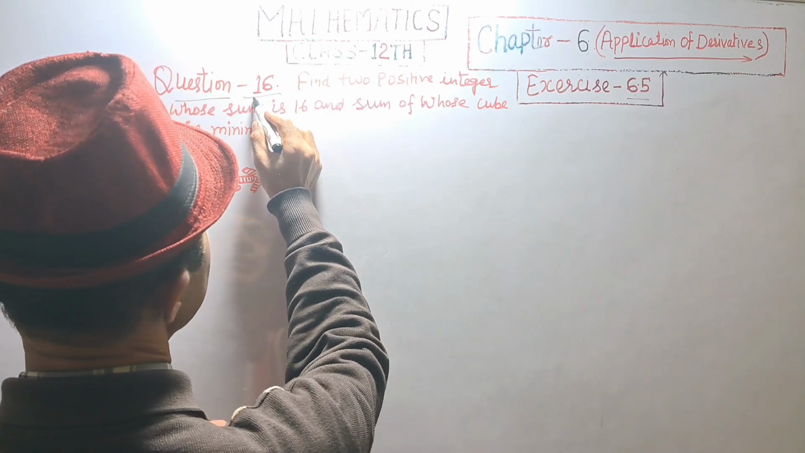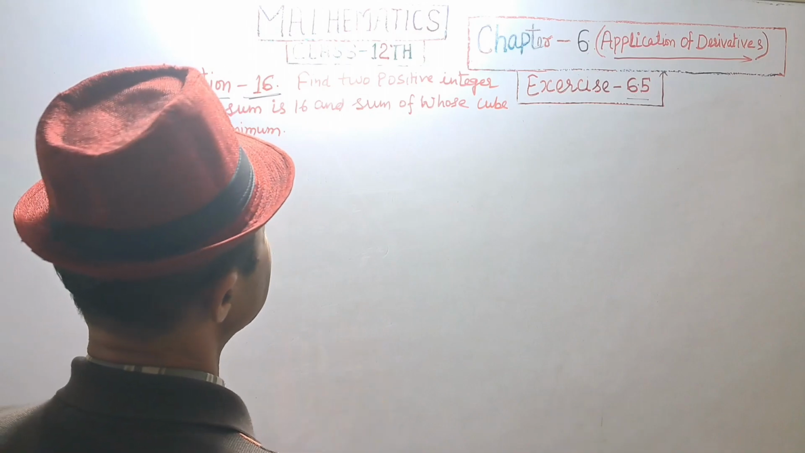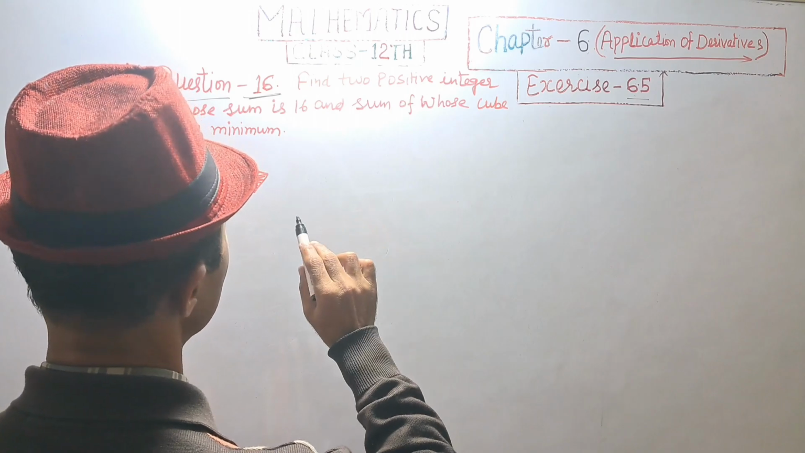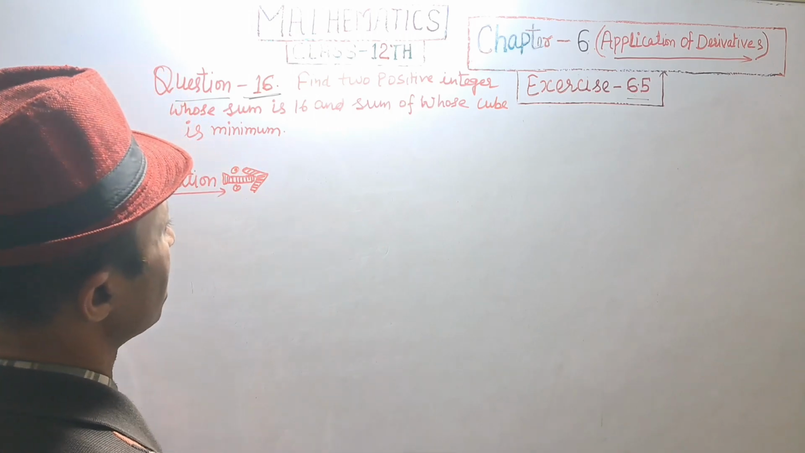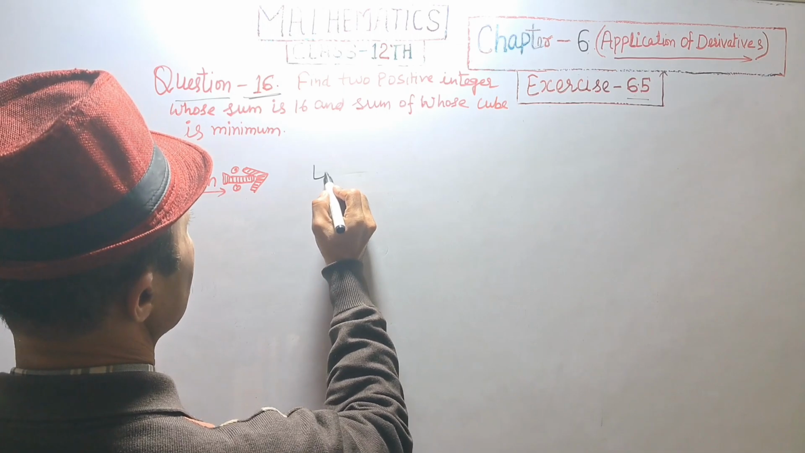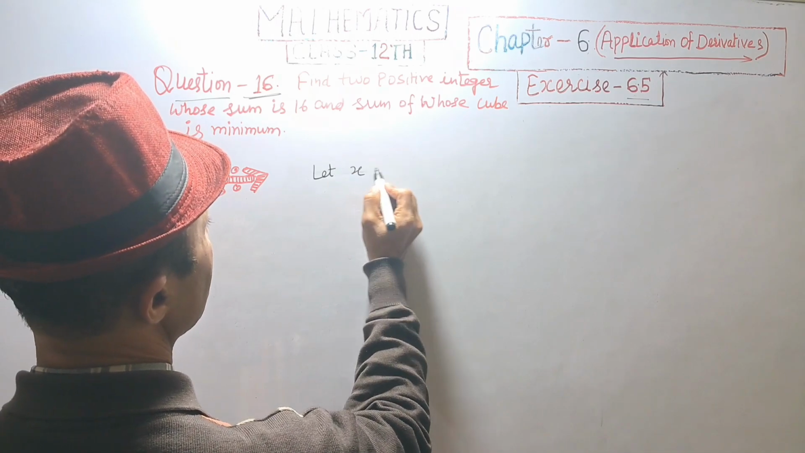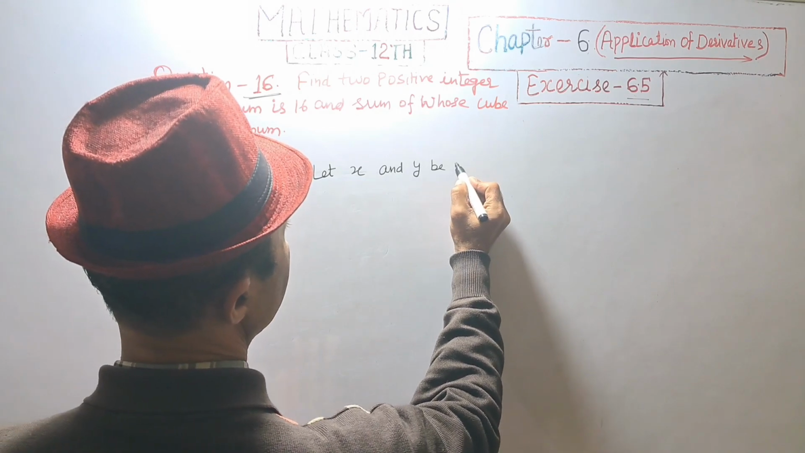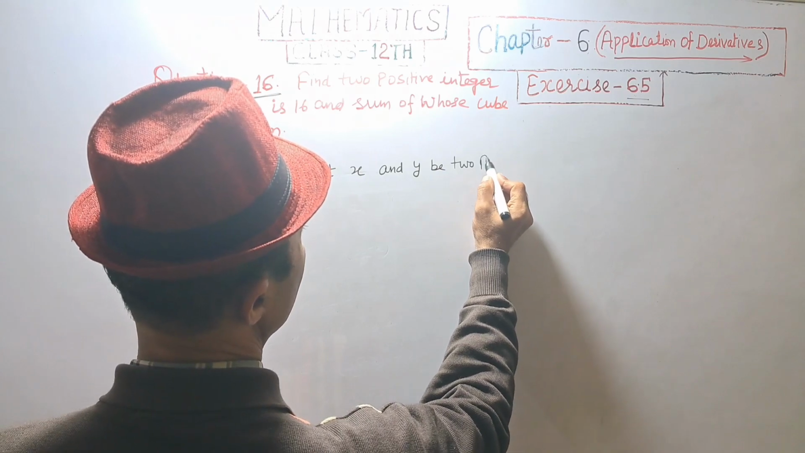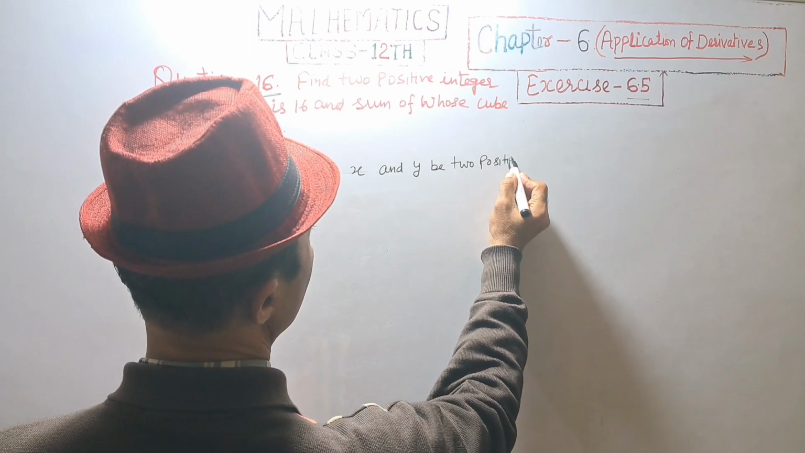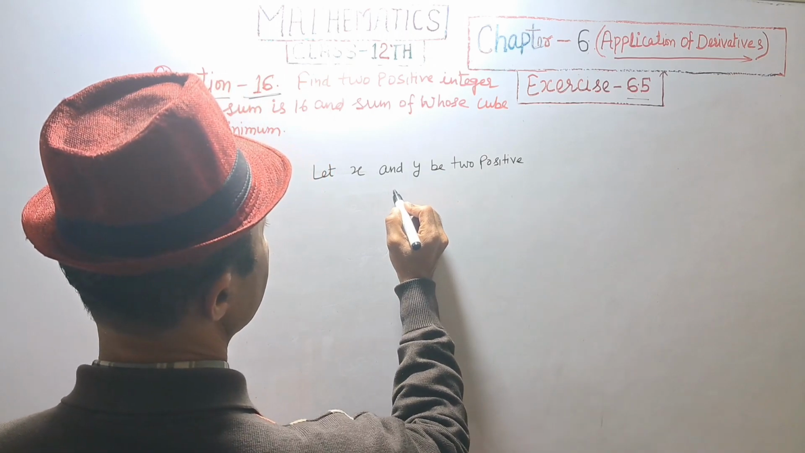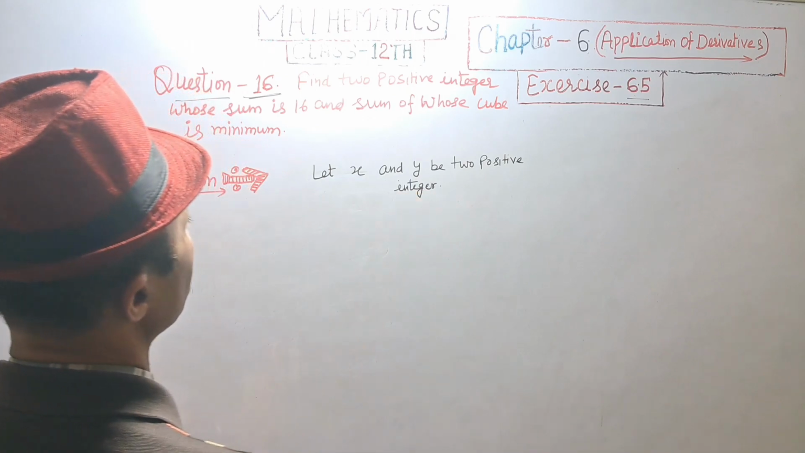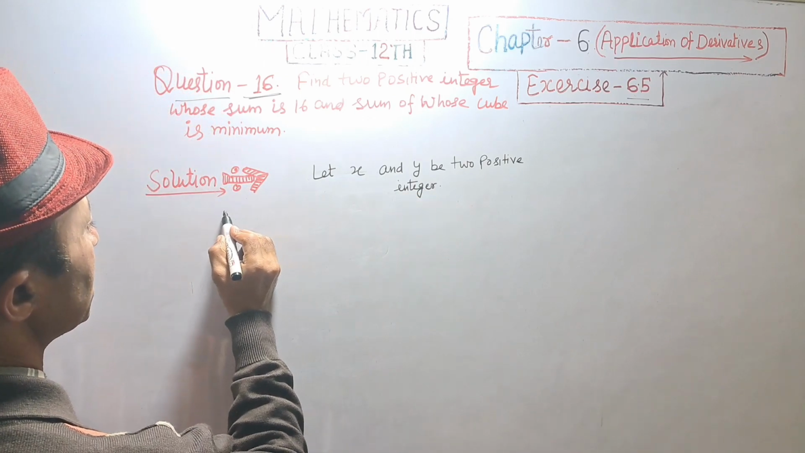Question number 16. Find the two positive integers whose sum is 16 and sum of whose cube is minimum. Let x and y be two positive integers. According to the question,